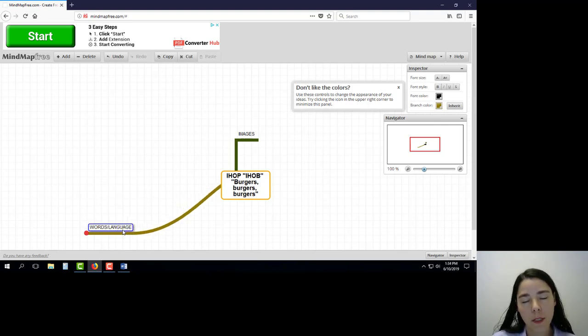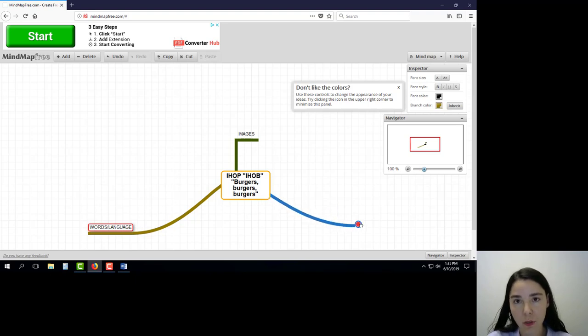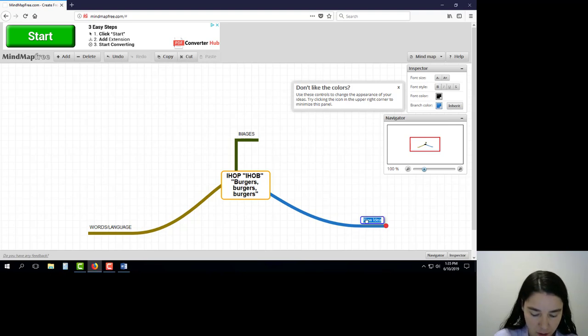So when you're doing analysis, a lot of it is just talking about these specific details that the creators of, in this case the ad, chose to include. So as I'm analyzing the ad, I'm going to be looking really closely at the images in the ad, the words and language, as well as the sounds and music. So for a visual video ad, there are going to be sounds and music. For a print ad, there might not necessarily be sounds and music, but there will definitely be images and probably